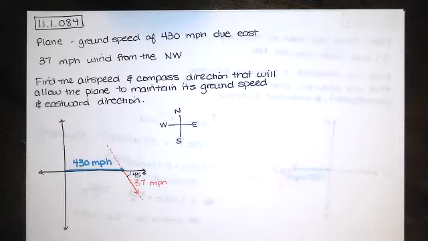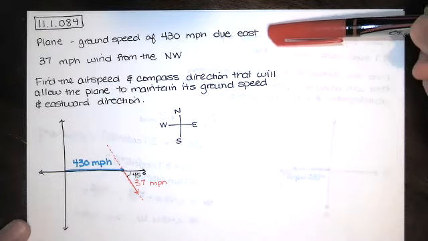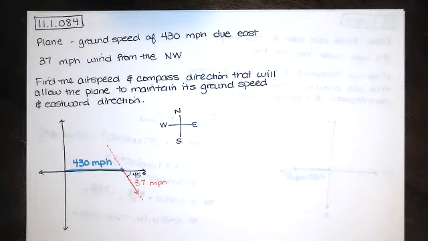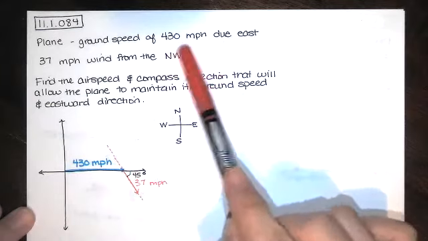This is a homework problem from the Unit 1 Lesson 1 homework on vectors. This is problem 11.1.084 from the Larson and Edwards Calculus textbook. I have not rewritten the entire problem here, but I wrote the most important information. So we're told that we have a plane and it initially has a ground speed of 430 miles per hour